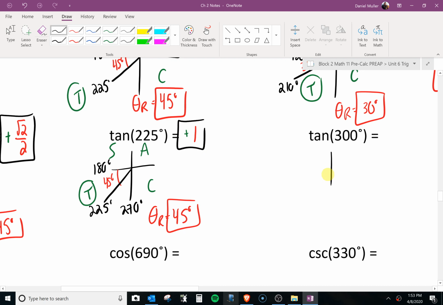Tan of 300. Whoops. I'll make it a little bigger here. 300. Again, 300 is not on my chart. So I'm going to go 270, 360. It's kind of closer to the 270. So there's my 300